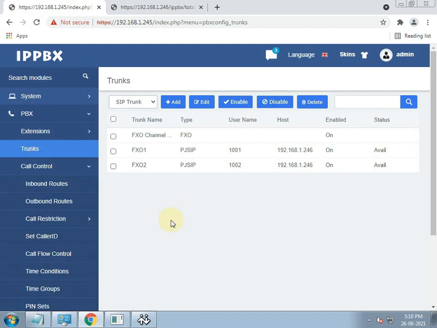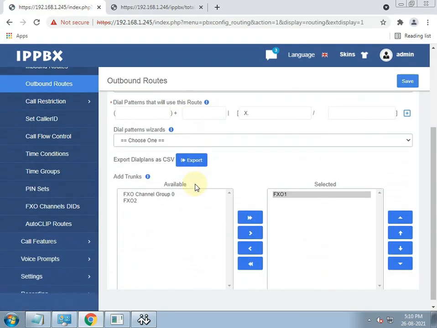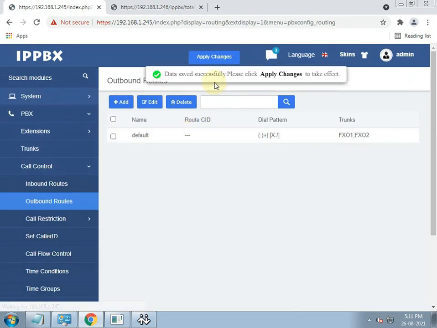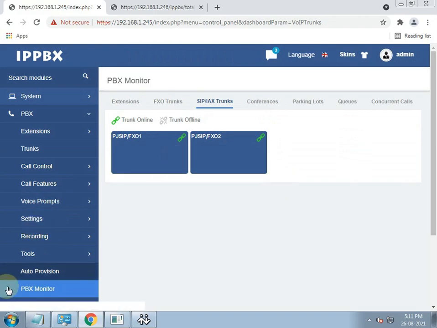Now we need to choose FXO2 for outbound routes to use the second FXO port for in-out calls. The rest of the steps are the same as shown in this video. You can check both the FXO trunk profiles in the PBX monitor option.